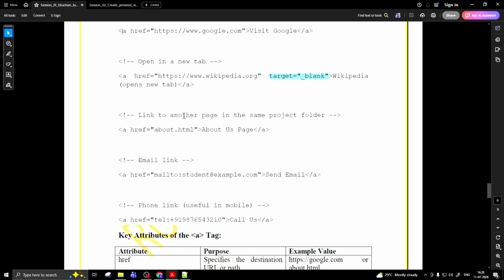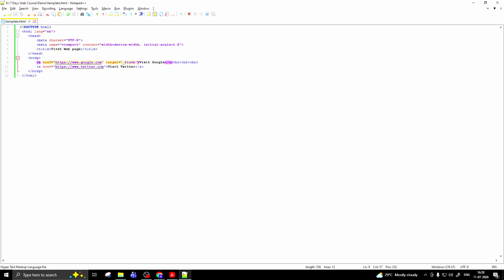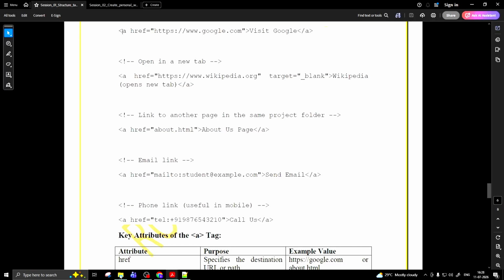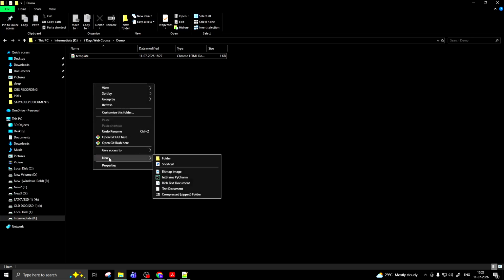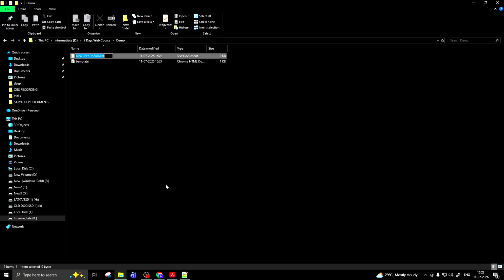Next, link to another page in the same project folder. If I have about.html, another web page, then I will simply use this. Okay, just create another web page inside the folder. You can simply go to demo. I have only a template page. I have to create another web page and